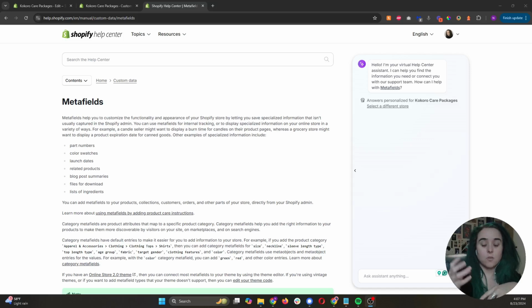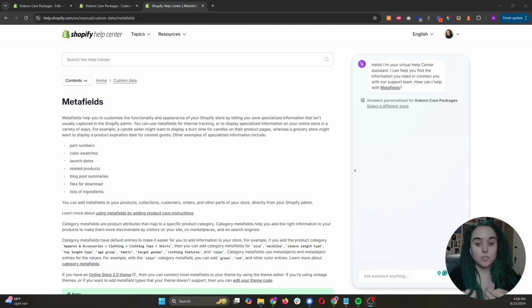Have you ever wanted to take one part of your store and put it on specific pages where it fits correctly? Like, let's say you have products that come from different places and you want to highlight on each product page what place that came from, but not only the name of the place, but a little bit about that place. But you didn't want to have to change things manually every time something got updated or changed, right? So one of the ways you can do that is with metafields,